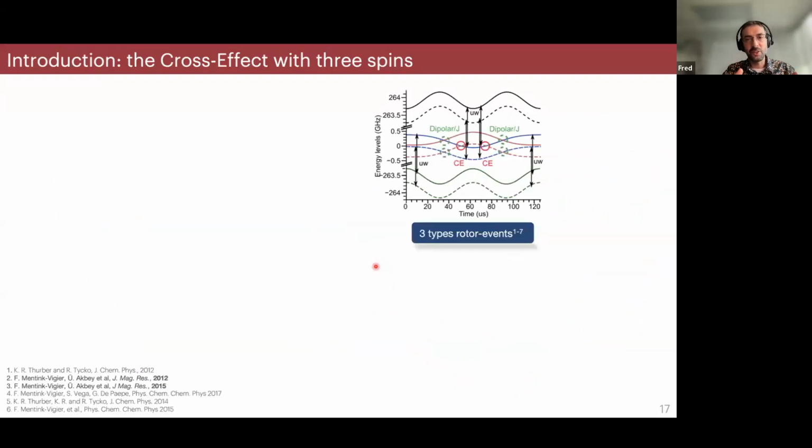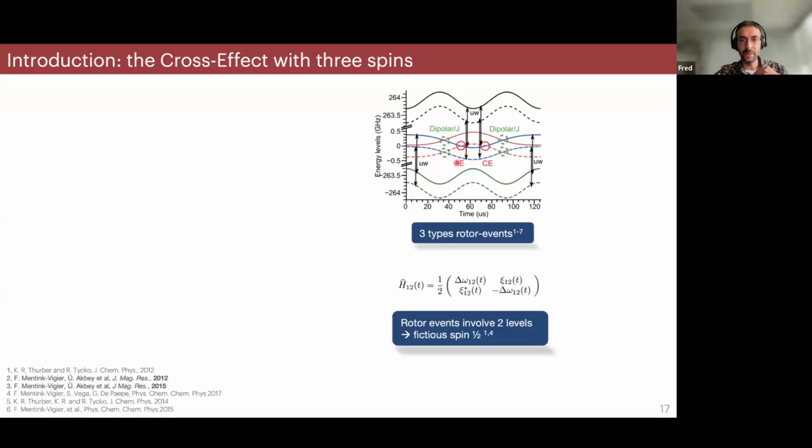And actually, now we can go into this diagram a little more. If we look at these energy level diagrams, there are multiple conditions where the microwave can be on resonance with an electron spin, or you can have energy level crossings or anti-crossings if I want to be rigorous. So those energy level crossings and anti-crossings, on top of on resonance, are critical for the DNP. You can look at these energy levels as a fictitious spin 1/2 when they cross.